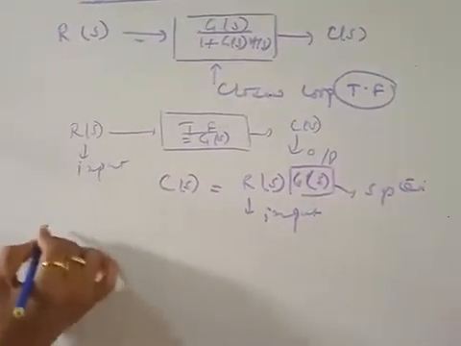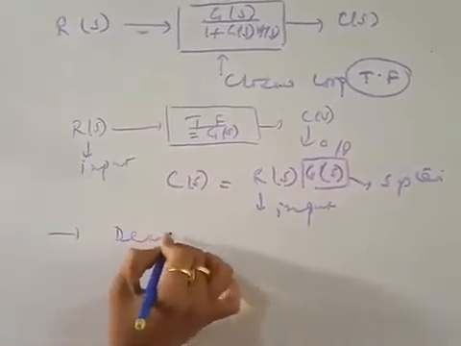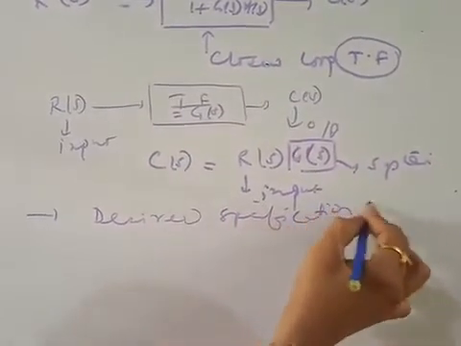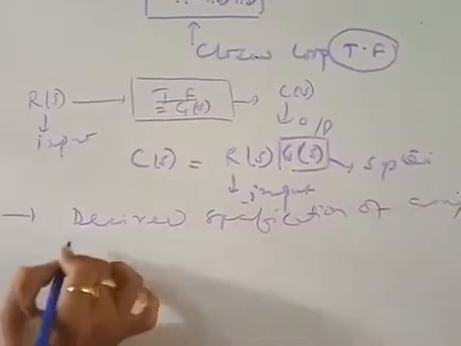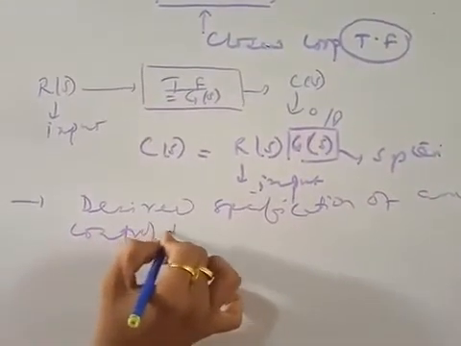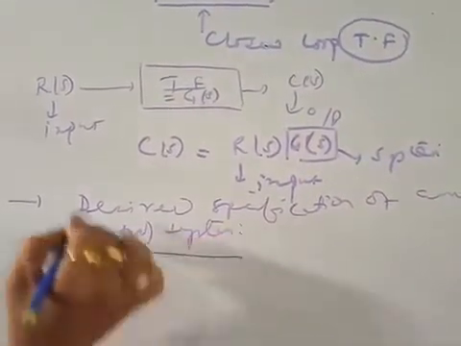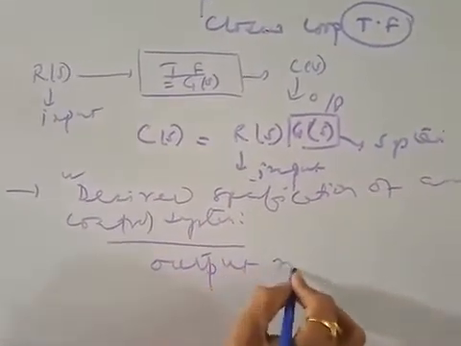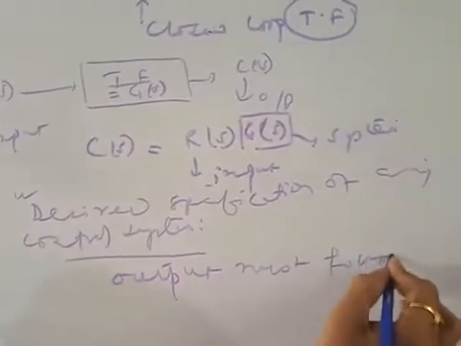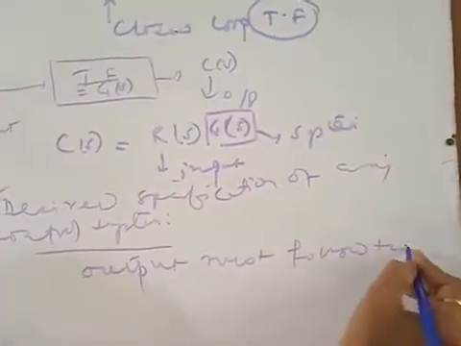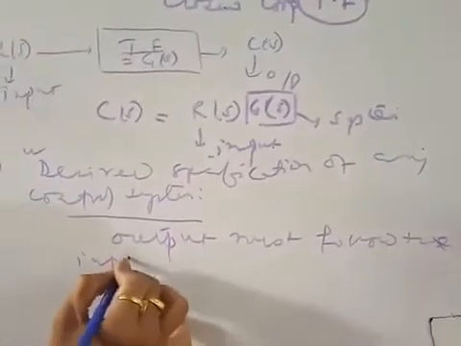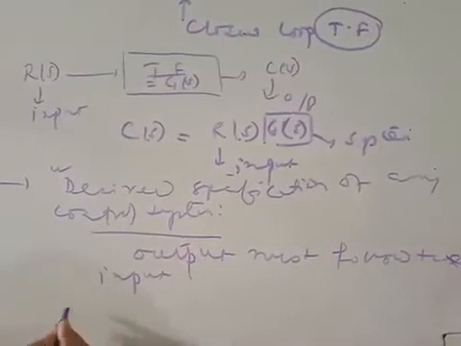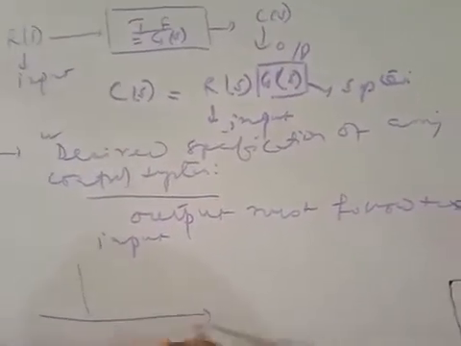And what is the desired specification of any control system? For any control system, the desired specification is that the output must follow the input. For example, if you apply a step signal, that means how the step signal looks like, we know